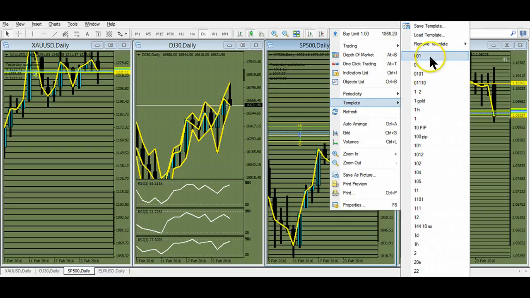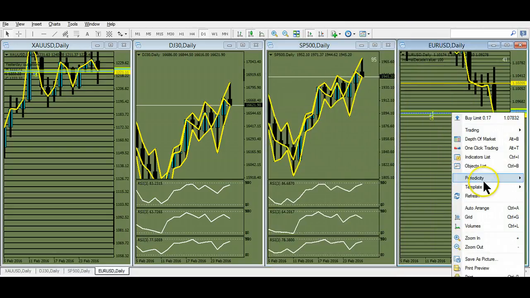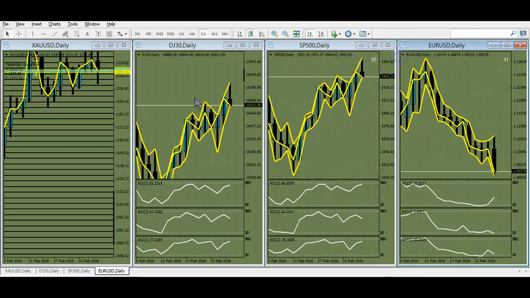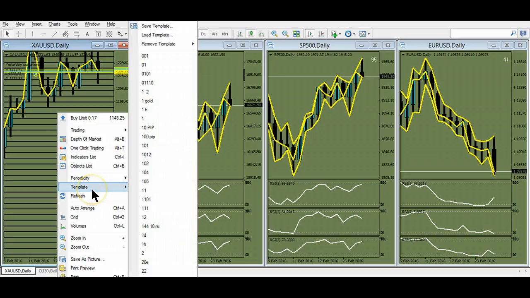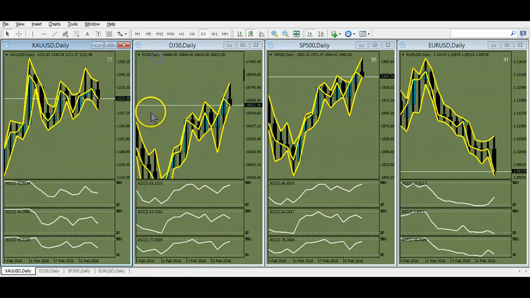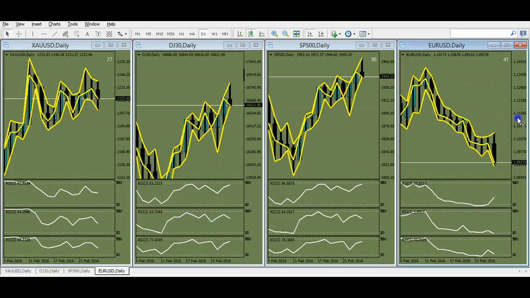So load this template on all these vertical charts, and you get a new perspective, or throw this on a demo. You don't have to trade it, but you can see what's going on. So the first thing you see is the daily euro smashed down. Time to start putting in